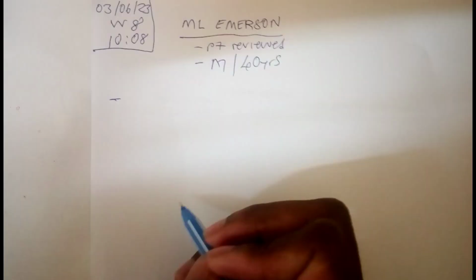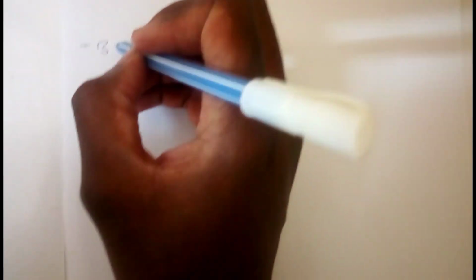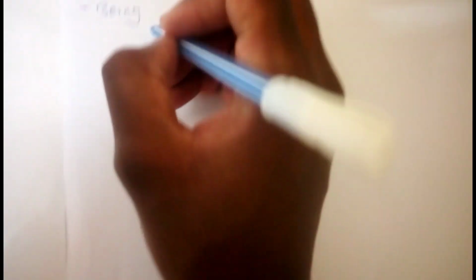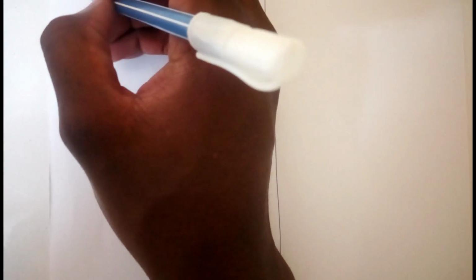Then you write the patient reviewed. So you are called to review a patient, so we write patient reviewed. Then the age, let's say male 40 years old. Then you write the condition. So this patient was being managed for. So in our setup we usually put the straight line as a demarcation. So being managed for COPD with severe malaria,